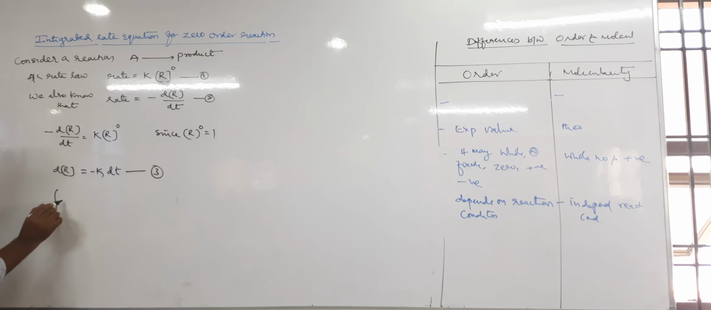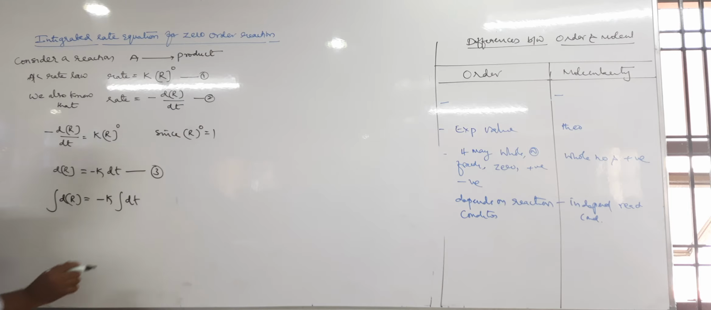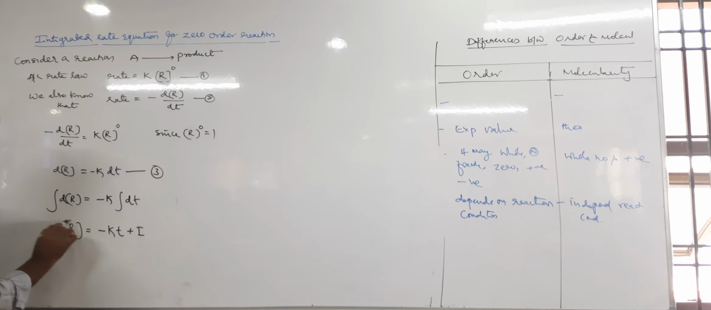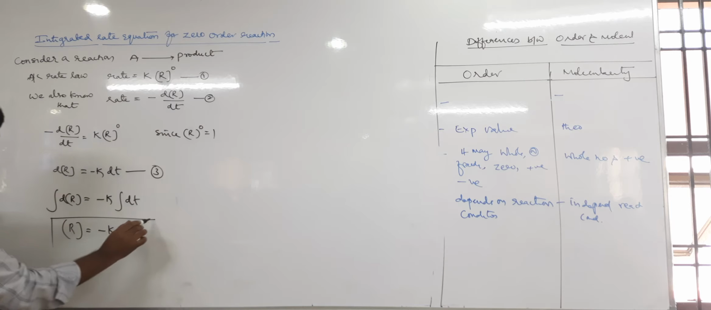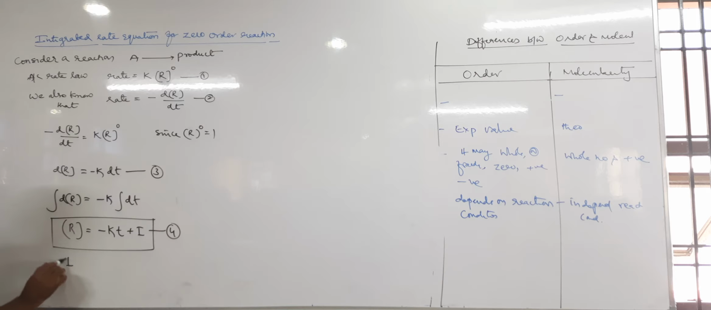For integrating equation 3, integration of dR equal to, since K is a constant, there is no integration for constant, and integration of dt. Integration of dR equal to what? R, no. R equals minus K, integration of dt is t, plus I, where I is an integration constant. In some books C is also given. We can take I, where I equal to